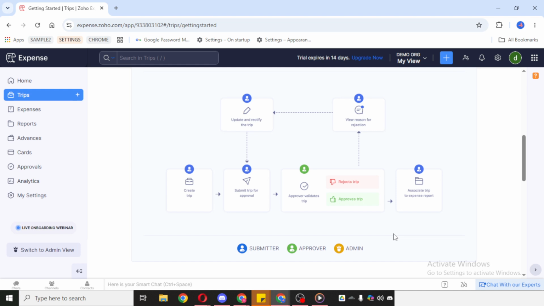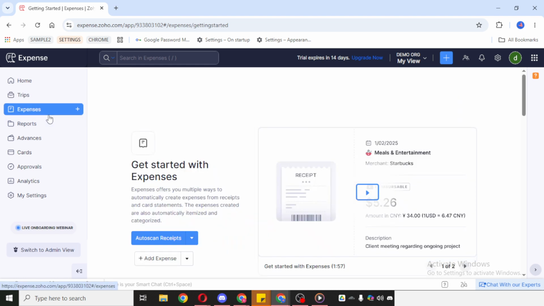Next, click on Expenses. This is where you can record all of your business expenses and document them properly. Think of this as the main place for tracking what has been spent for business purposes. Keeping this section updated is important because accurate records make reporting much smoother later on. When adding expenses, it's a good habit to make sure everything is entered clearly so your documentation stays complete and organized.